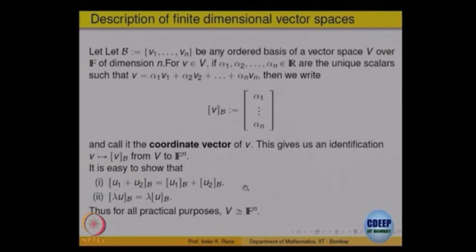That means, essentially it says for all practical purposes, your vector space V, which is finite dimensional of dimension n, can be recognized as F to the power n. If it is complex, C to the power n, if real, R to the power n. So, that is why finite dimensional abstract vector spaces are not difficult to handle, because we can transform everything to R n or C n via this association by picking an ordered basis and writing the coordinates of that. What becomes difficult is when they are infinite dimensional, right.